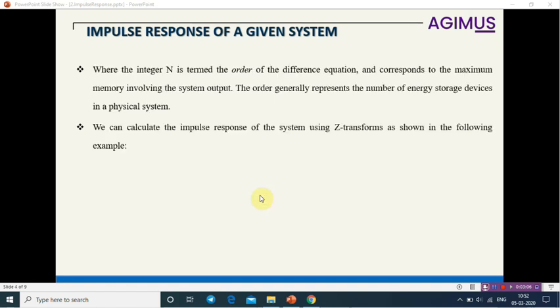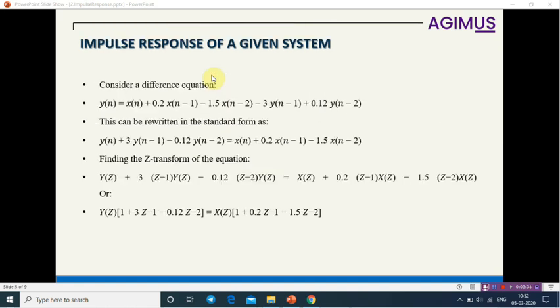So I would be interested in writing the associated code, where n represents the order of the system, like how much maximum memory is involved in the particular system. The storage device also has a physical parameter. If you look into the unit step response, it will be storing 1 bit of data, so that also depends on what is called the impulse response.